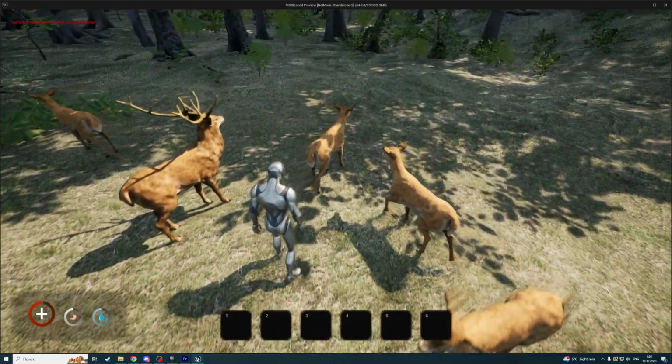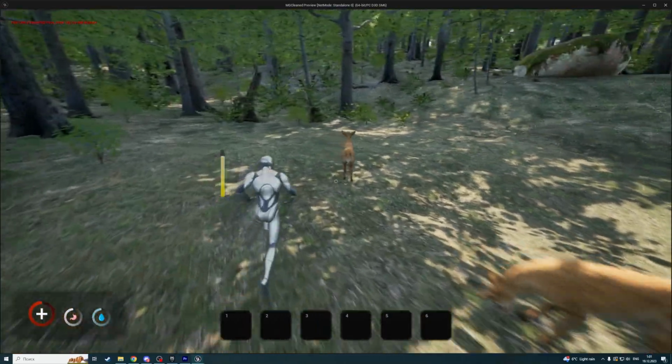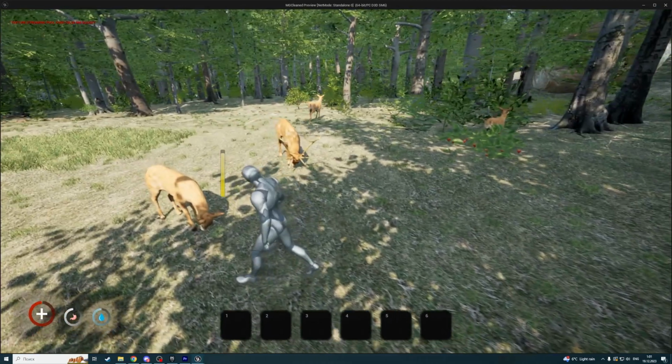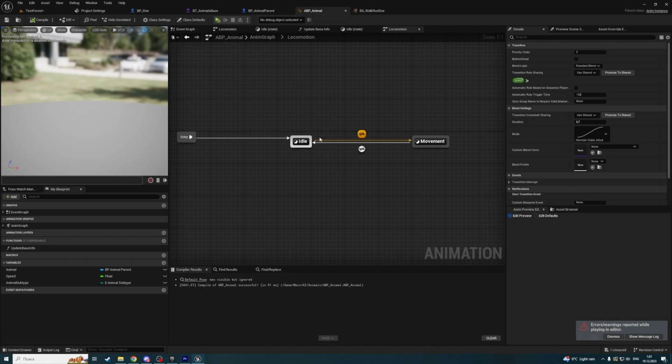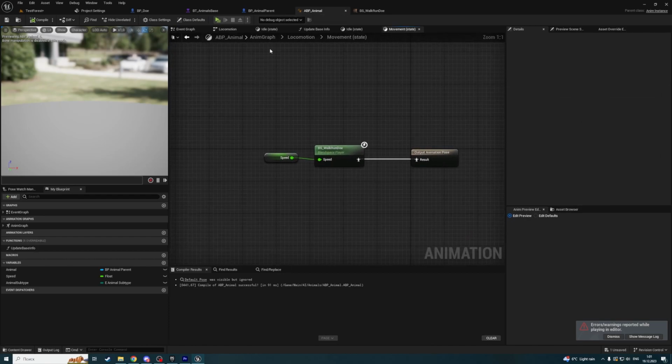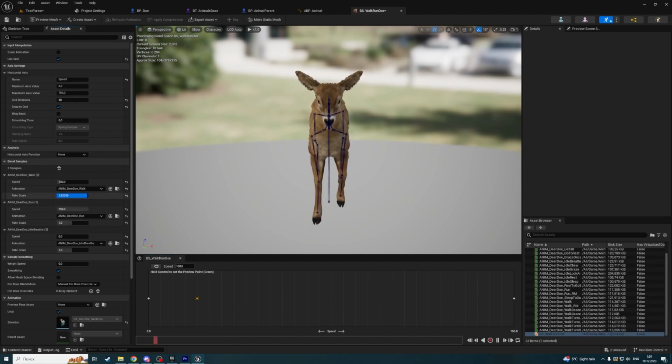Okay, that seems to look fine. Now they are walking, still a little bit fast, I think. So maybe I will go to the animal, ABP animal. Oh, not the ABP animal. I can't increase the rate of this animation. Or maybe I can. Let me check. Okay, I will increase the rate of the walk animation